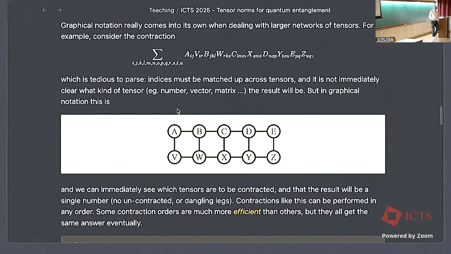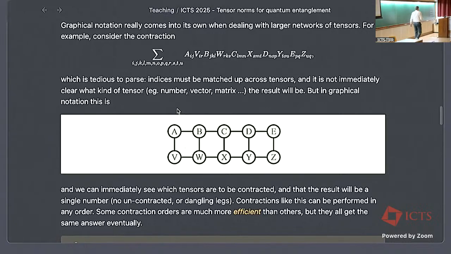Okay. So the input is, you have these tensors. Some of them are matrices. So A, V, Z, and E are matrices. They only have 2 coordinates. B, C, D, X, Y, W are 3-tensors. They have 3 coordinates. And the question is to compute the sum. And how should you do it? I mean, naively, you just write for loops and compute the sum.